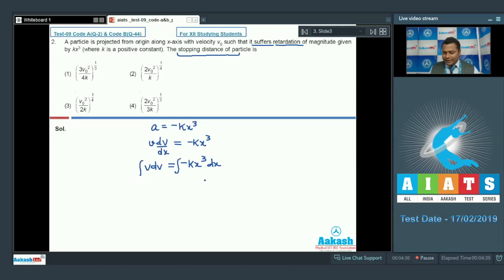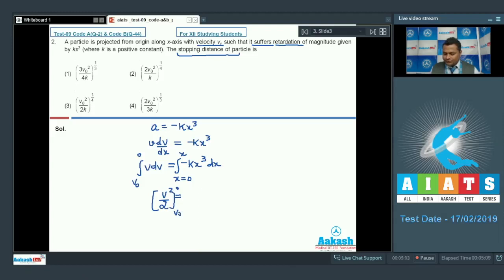So the limit of x will be, since the particle has started from the origin, x equal to 0 to the distance covered by the particle x, so 0 to x. Now the particle has started with initial velocity v0, so the limit of speed will be v0 to, since the particle finally comes to rest, 0. Integration of v will be given by v squared divided by 2,